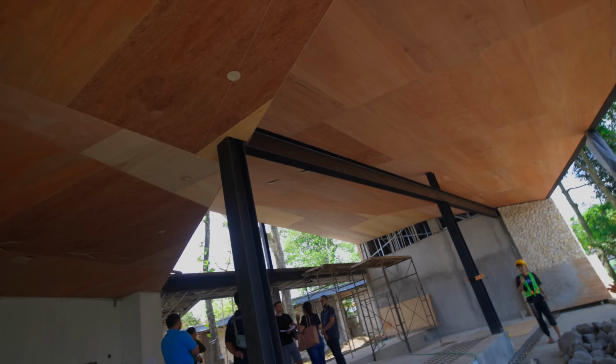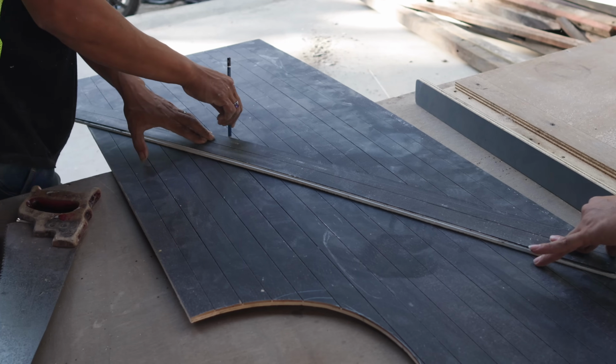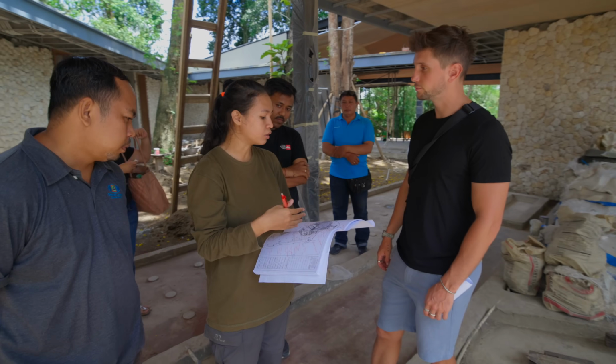It's crazy. Every time I come to the site, something new. The ceiling is all done up now. So the next step is to put on a second layer of plywood, but this one is a decorative one. Now, one of the things that I underestimated is how much work is going to be involved in the finishing